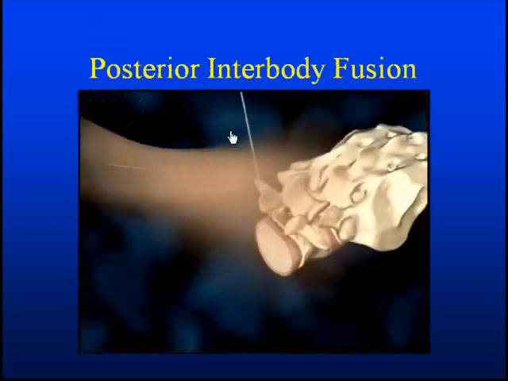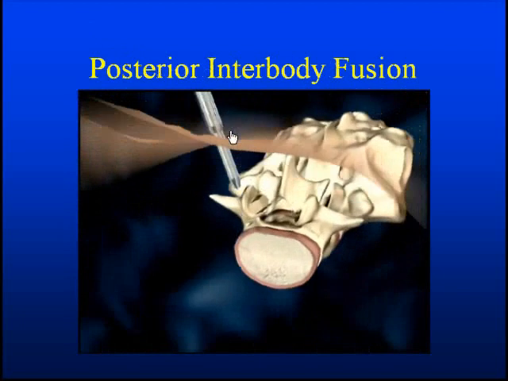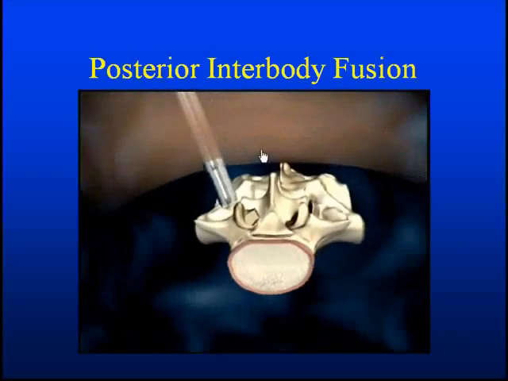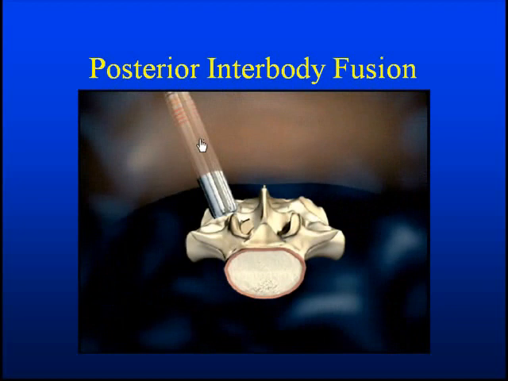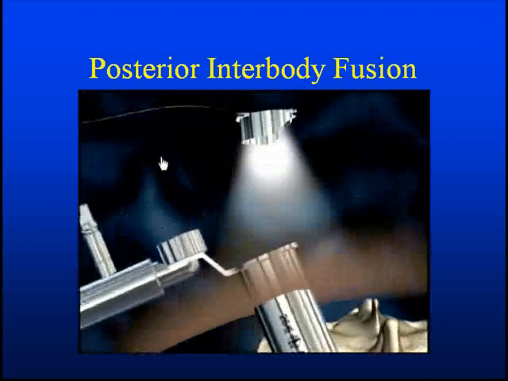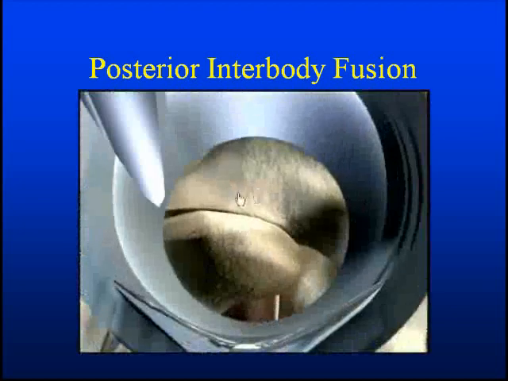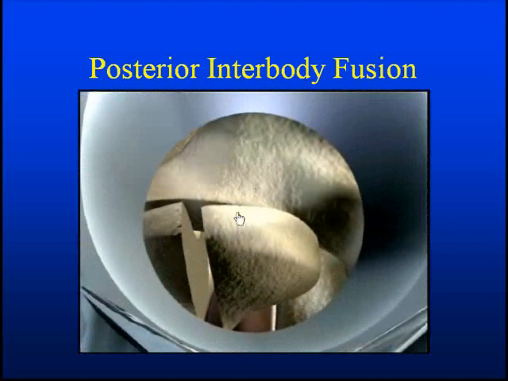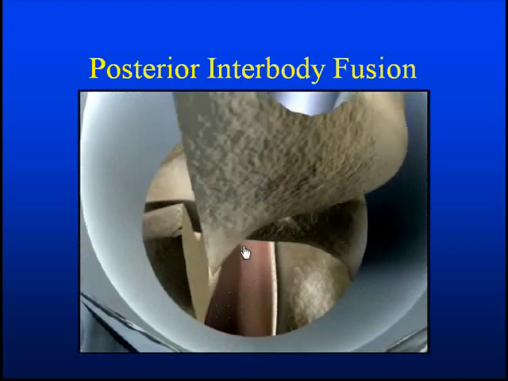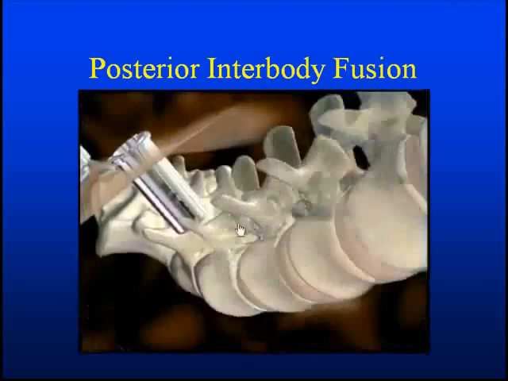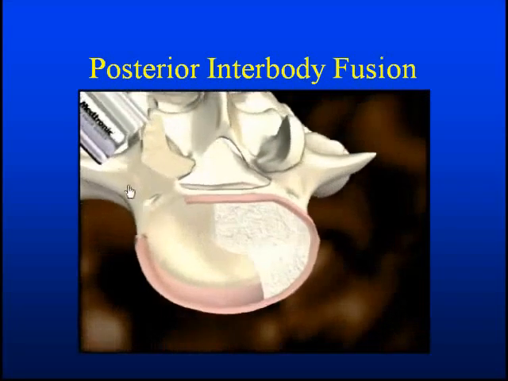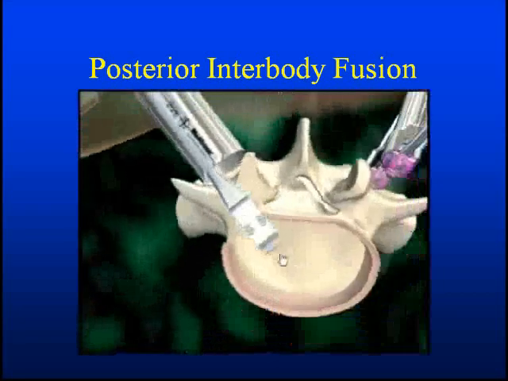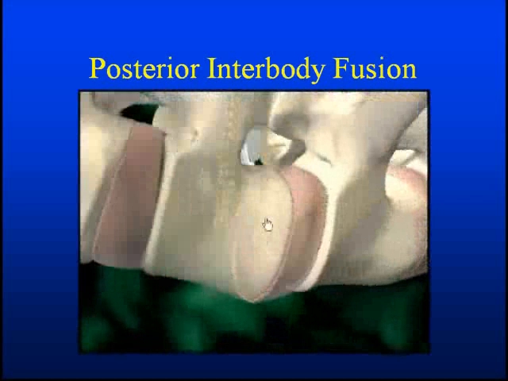Another way that this can be done is to go ahead and get the disc from the back instead of going through the belly. Here, again, we're doing it minimally invasively, meaning a small incision is placed. We can go ahead and put a light source in. We can see the bone, take off some of the bone from the back. This gives us direct access to the disc space, which is right here. Then we can go in, take some of the disc out from the back, and then the idea is we like to get in there and expand that disc,